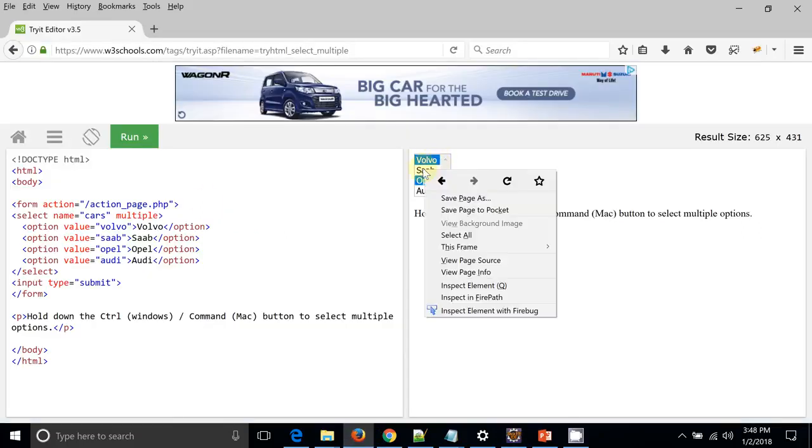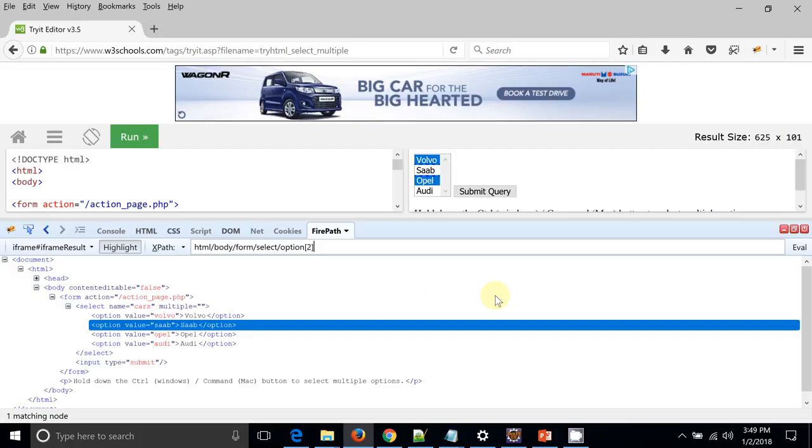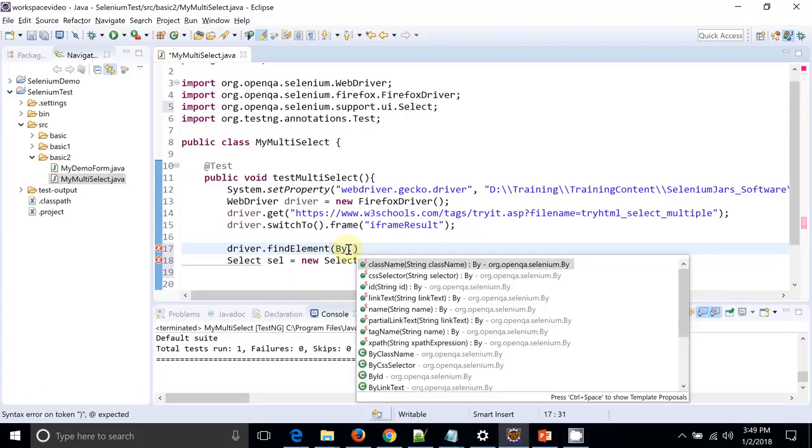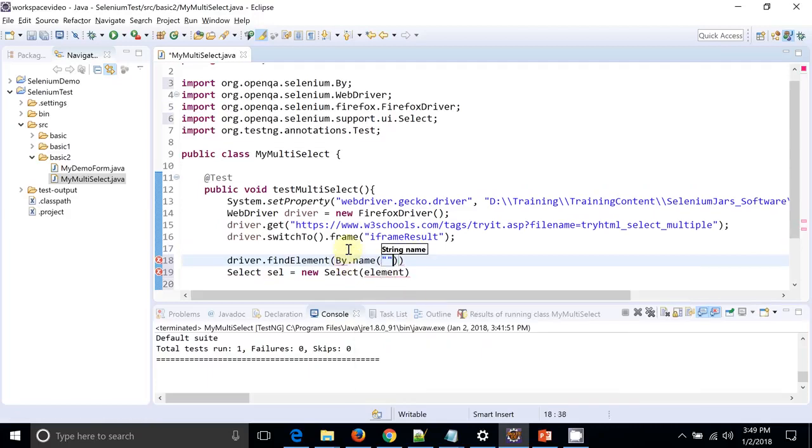So I will right click on the list box. You can see this is the select list box having four options. This select has the attribute name and its value is cars. So I can go ahead and use this cars name.